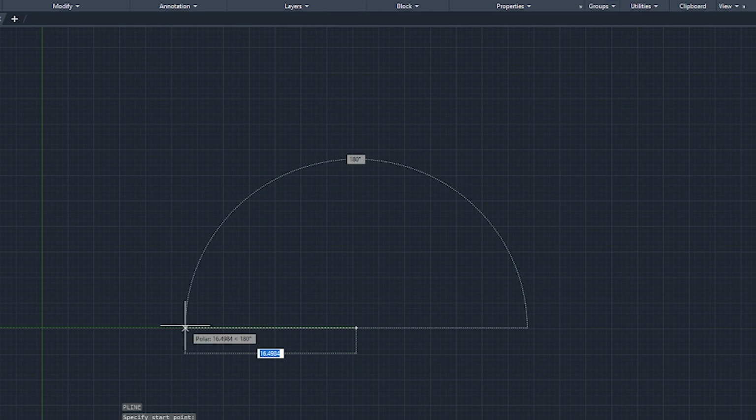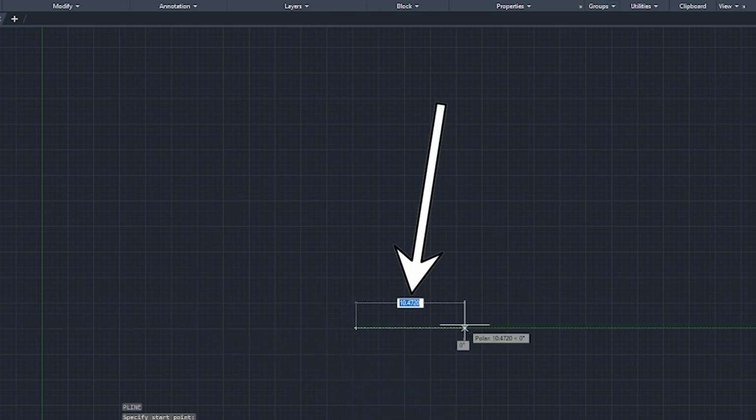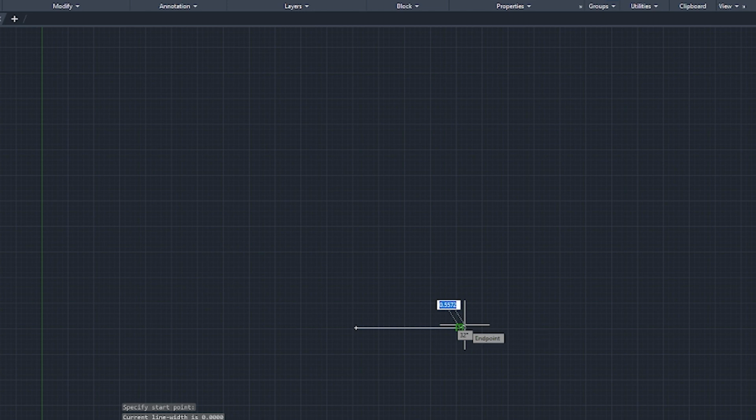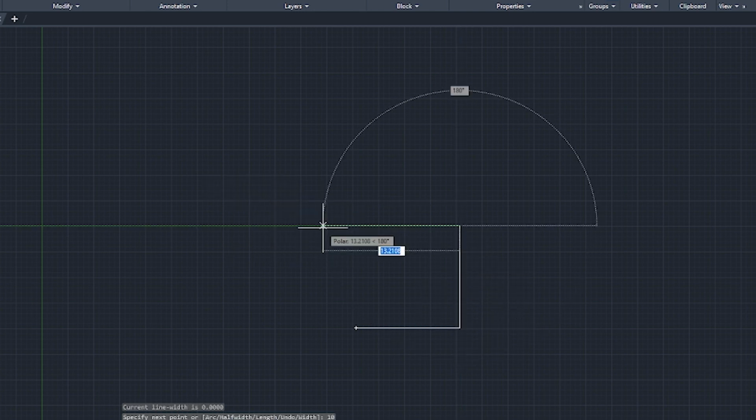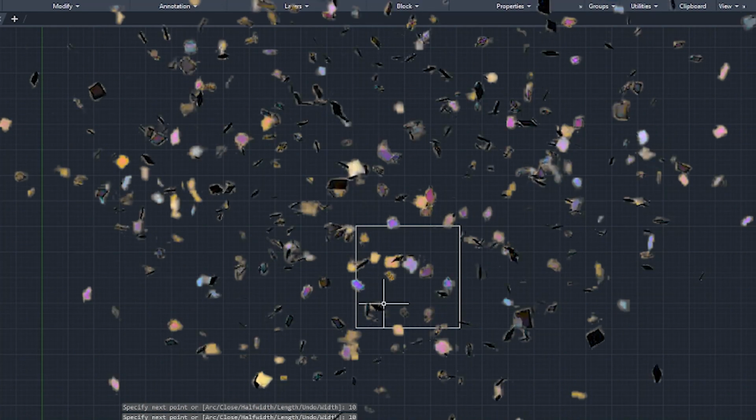Same thing over here, we got 180 and we'll have 90 down here. What you'll see now is that you can actually input a certain distance that you want to go in that specific angle. So I'm just going to go 10 and hit enter. That will create a line 10 units from my starting point, and then I'm going to go up 90, going to go 10 again, going to go left, go 10 again, and I'm going to close by going down, hitting 10 again. So now I just made a rectangle, all sides being at 10.